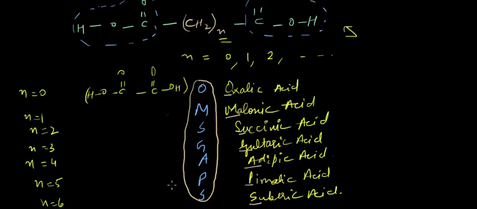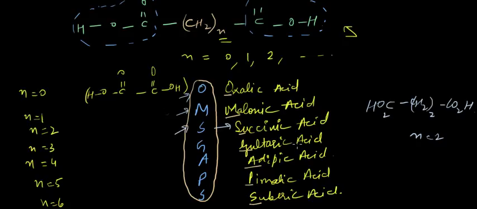So you can just remember the word Ohm's gaps, and whenever a question comes that you have to name a compound similar to this, CO2H, CH2 whole twice, and CO2H. So what would be the name of this as n equals 2? O is for n equal to 0, M is for n equal to 1, S is for n equal to 2, so S is succinic acid. Okay,